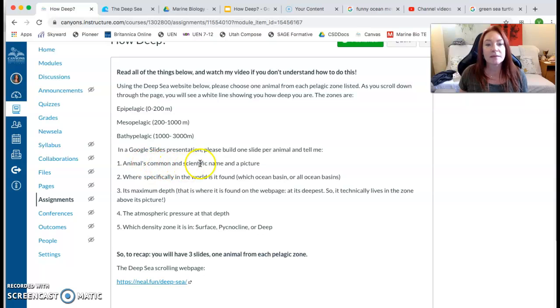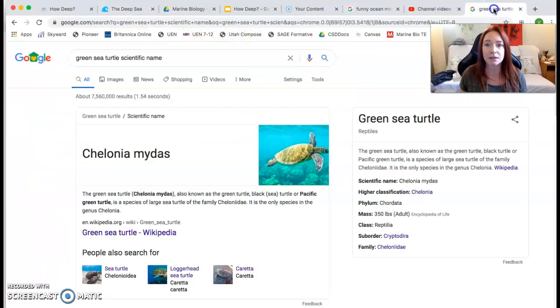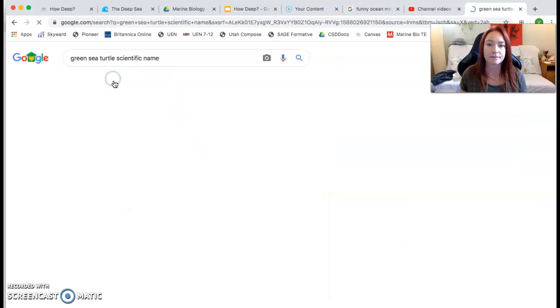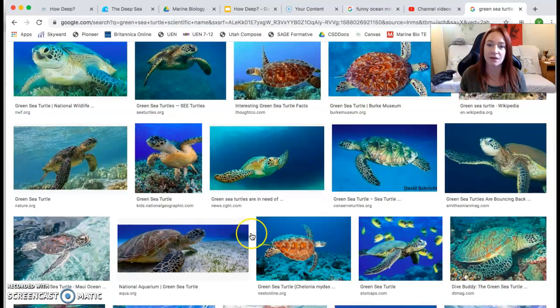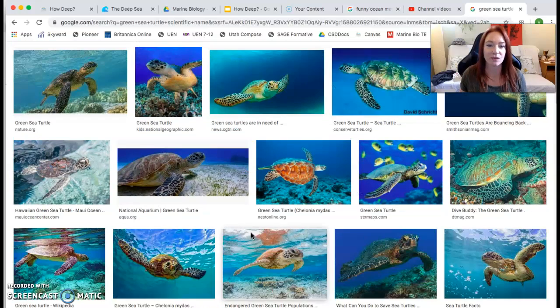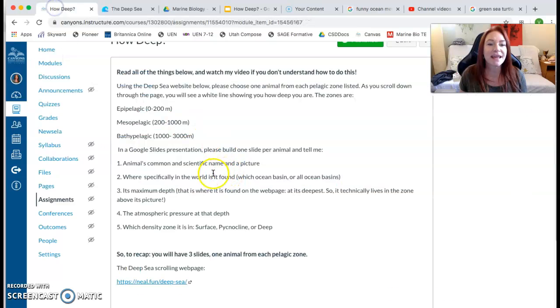So animal's common name, scientific name, grab a picture. You can also hit image on that. Images. There you go. Oh man, they're cute. Look how cute they are. So many cute things. Anyway, and then you're going to, number 2, you're going to tell me where are they